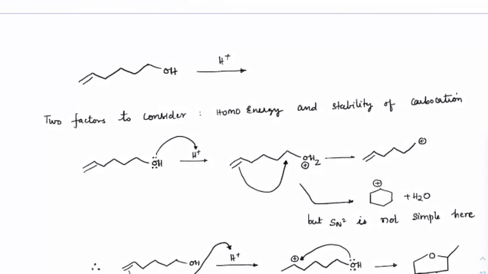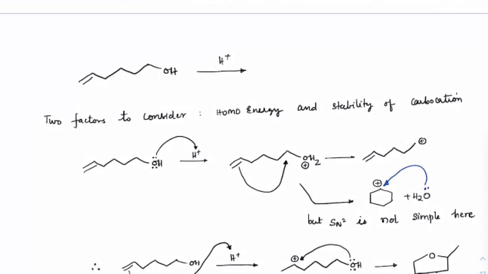What we might be expecting is that this pi will attack here. Now because the chain length is longer, this attack would be reasonably slow. So second degree carbocation formation might happen, but at a slow rate, so the amount forming would be less here. Got it? So first it will form this, then the water might attack here, and finally we may have alcohol. So that could be the last thing which you will see.